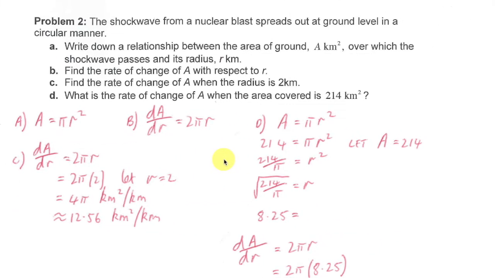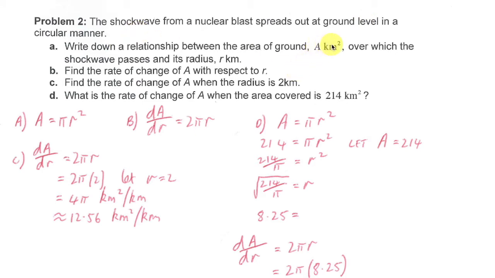So here we've got problem 2. It's just basically about a nuclear bomb going off, which sounds a little bit dangerous, obviously. We've got this nuclear blast, and it spreads out from ground level in a circular manner, so that's really important to note. A, write down a relationship between the area of the ground